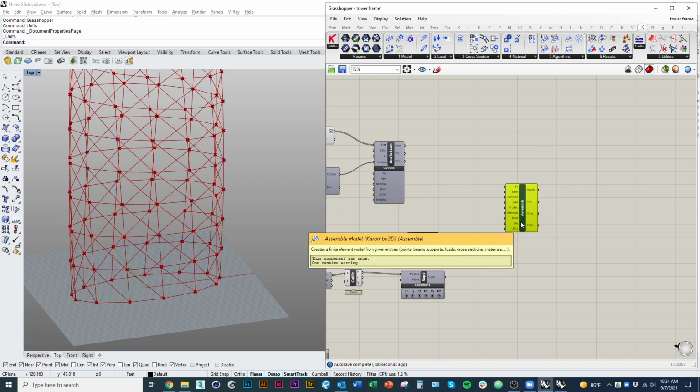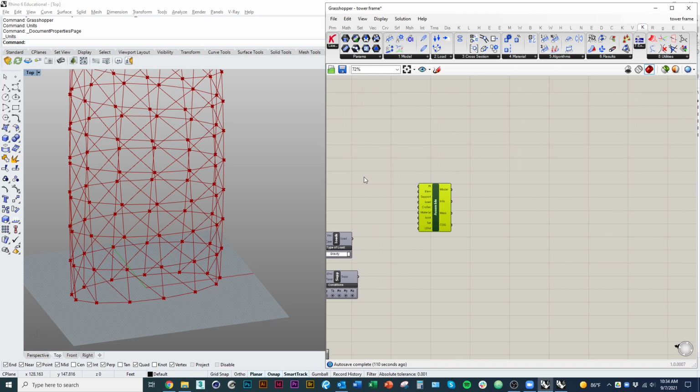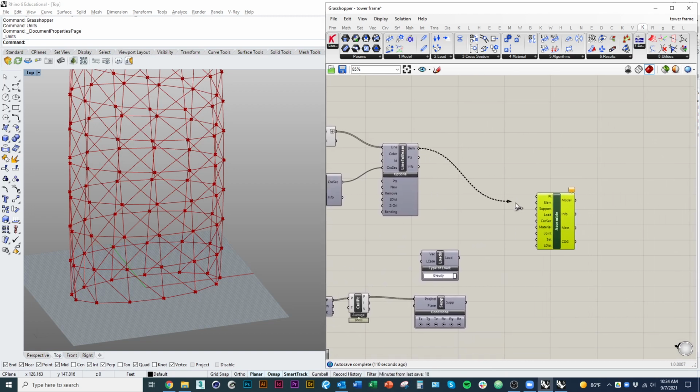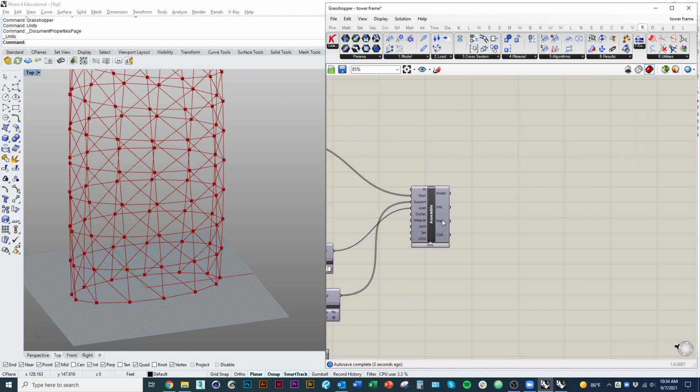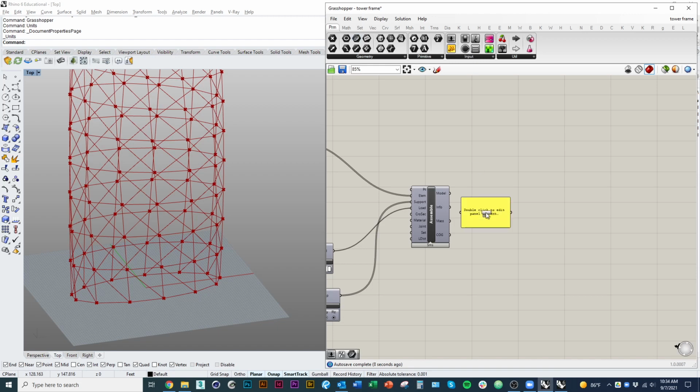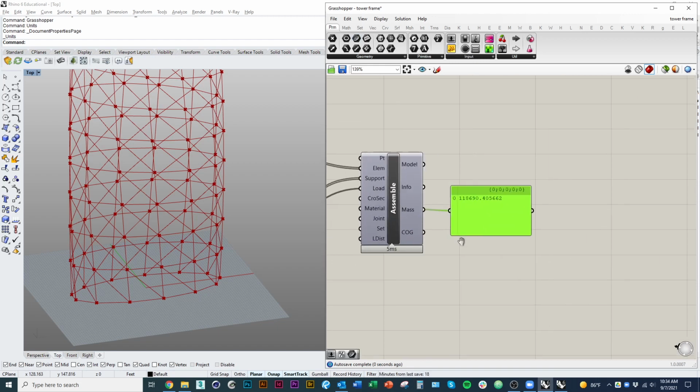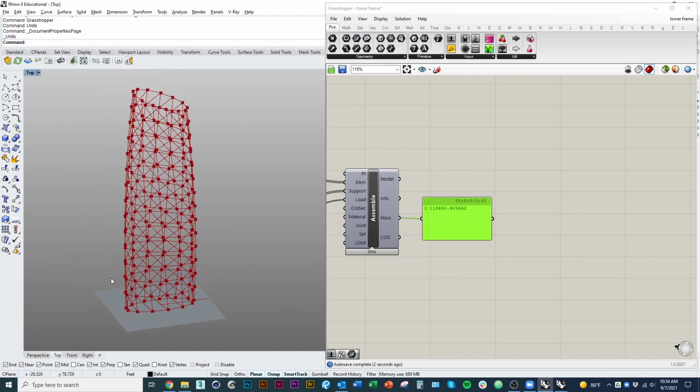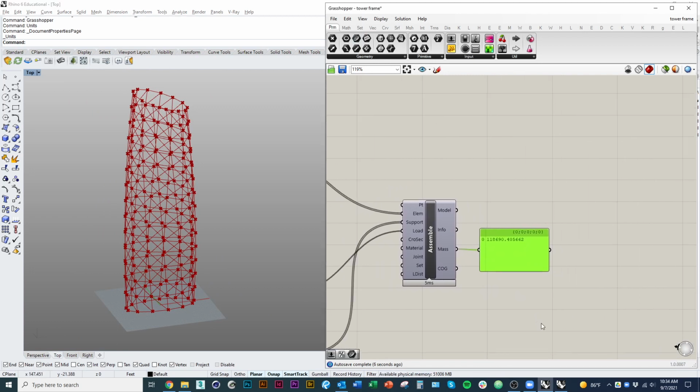So I'll get this component called assemble under model. And then we should be able to follow the names. So we'll plug elements into elements, loads into loads, supports into supports. And it'll actually give us an output there, which is the mass of the structure. It'll give us some information, but obviously it's not performing. So we've put all our components of our analysis together, but we haven't actually done any kind of analysis